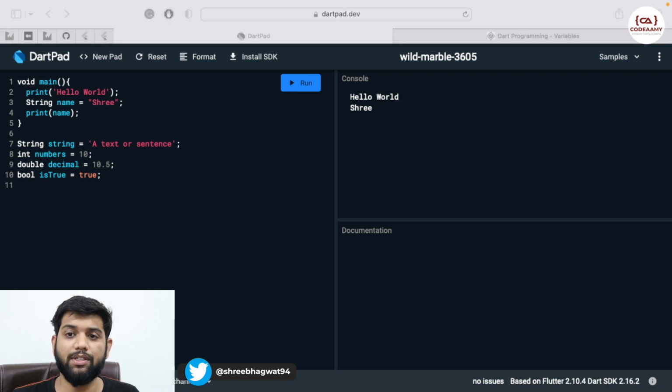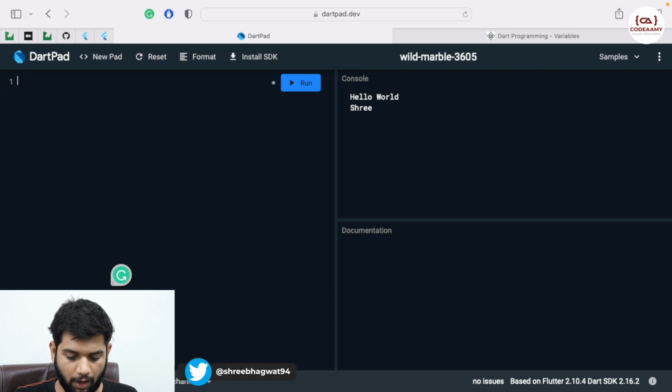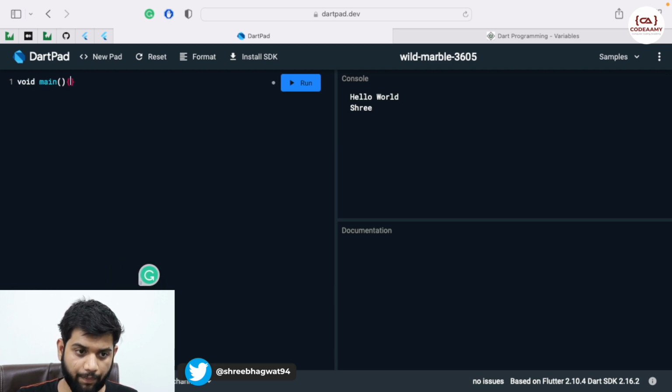Some of the key points while defining a variable, I'll just remove everything from here. We have understood this much. Okay, now let me write void main again.